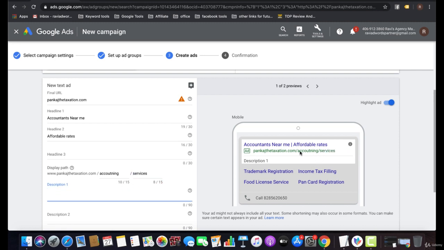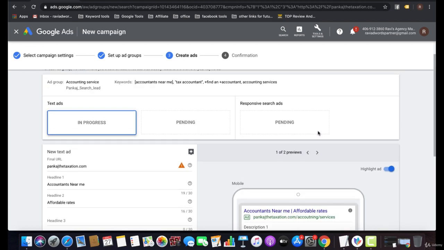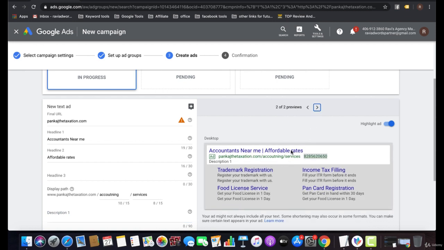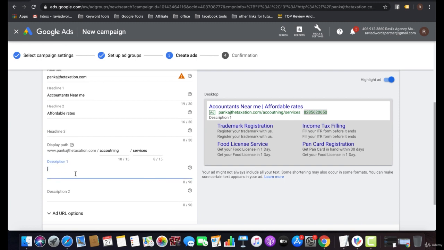Now on the right side you can see how my ad will appear on mobile, and how it will appear on desktop as well. These are my ad extensions, and this is my callout extension, and now I need to put the description as well.